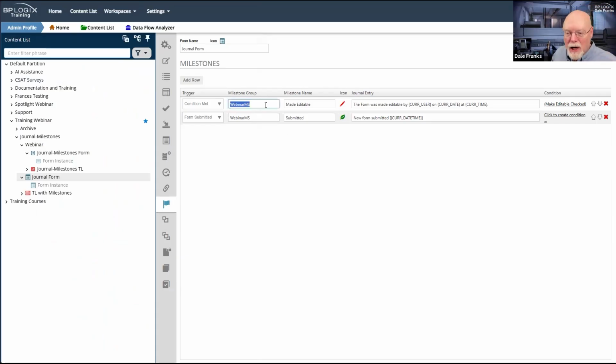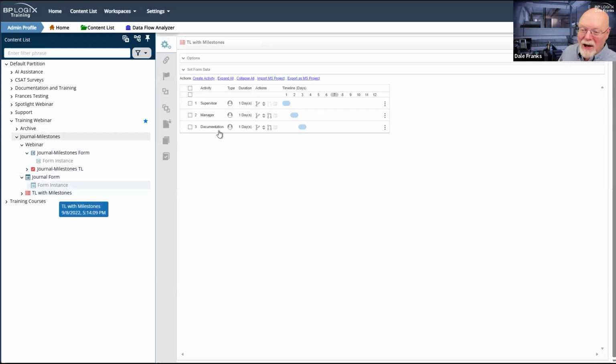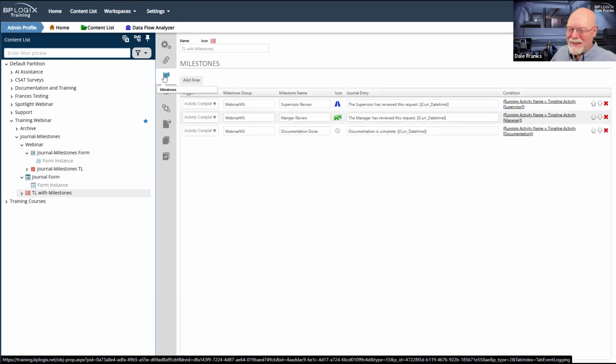So again, check your milestone groups. Be sure that they are correct. You can use your appropriate system variables in all of these fields. So this is what I just did and apparently was incapable of making work on the form that I just created live. And that is why I always have these applications that worked when I made them, so that whenever I try to recreate them, I ensure that I have a fallback, and this indeed was my fallback.